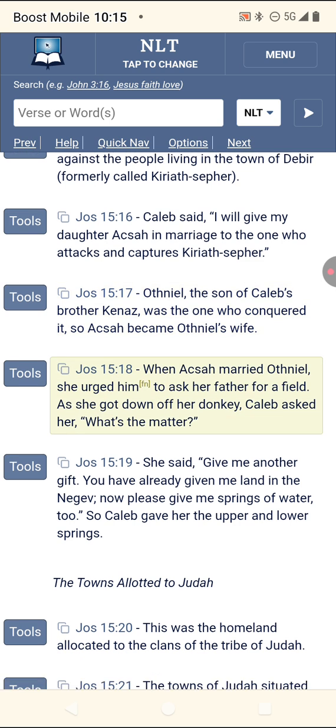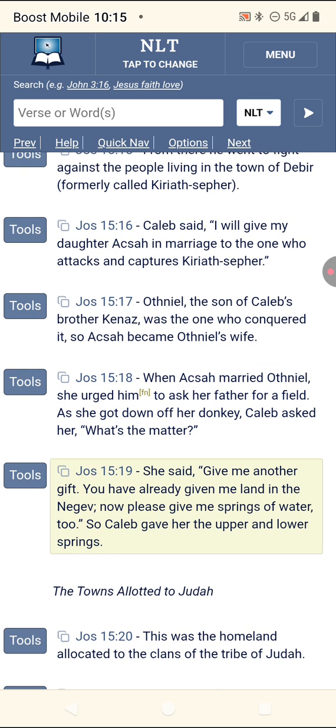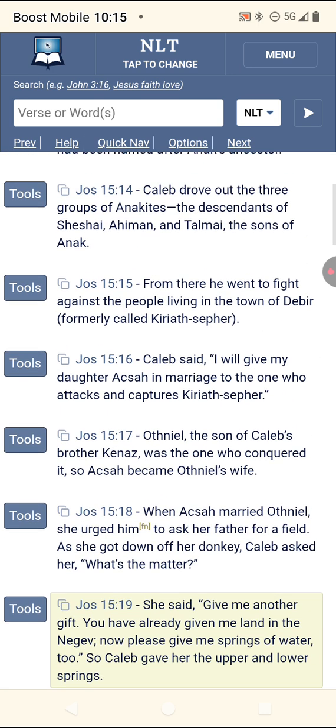When Aksah married Othniel, she urged him to ask her father for a field as she got down off her donkey. Caleb asked her, what's the matter? She said, give me another gift. You have already given me land in the Negev. Now also give me springs of water too. So Caleb gave her the upper and lower springs. And if we go back up here,